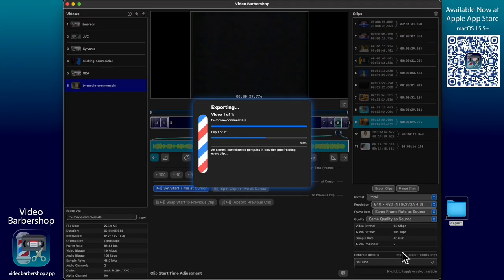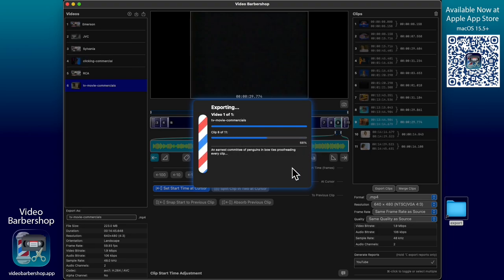So we'll just save it. It's going to be exporting a report too. So you can see, we'll take a look at the report, and you can see the timestamps on each one of these. It's broken out. I didn't enter in any of the metadata, so the report's not going to be that useful, but you can see what it's doing. It gives progress bars for each video that you're exporting and the clips in the video